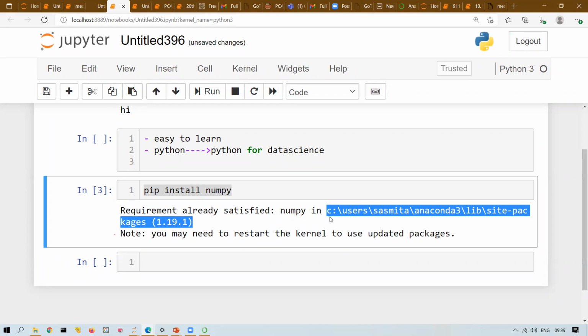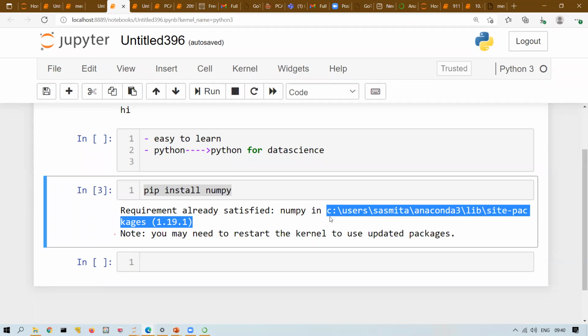If you open site-packages, you will see all the packages that you have installed. Why am I saying this location is important? Maybe sometime in future you get some error and you need to uninstall some package or make some configuration changes, and you should know where to find that package. Site-packages is the folder where you can see all the packages installed.